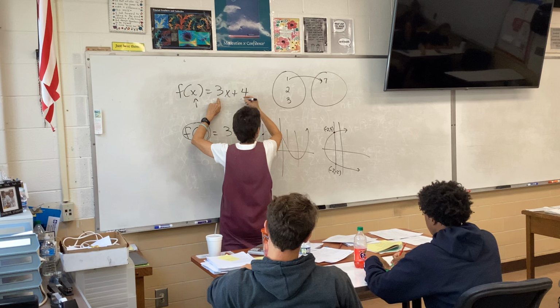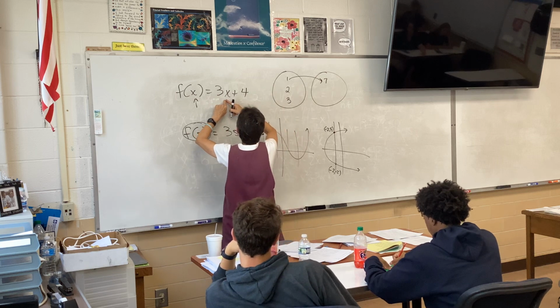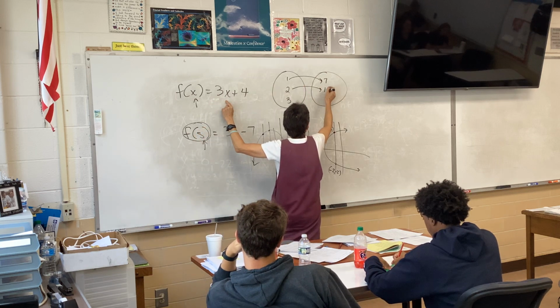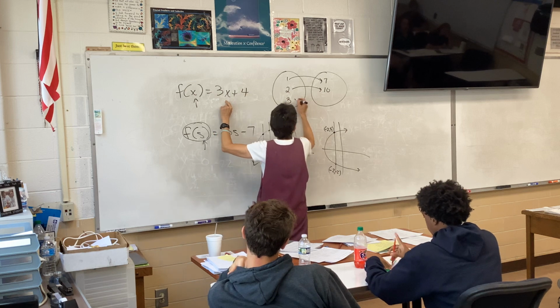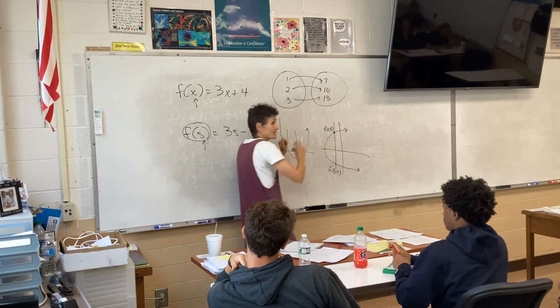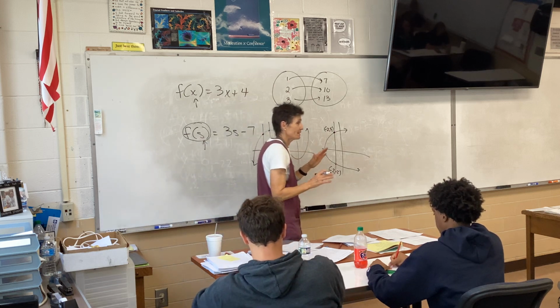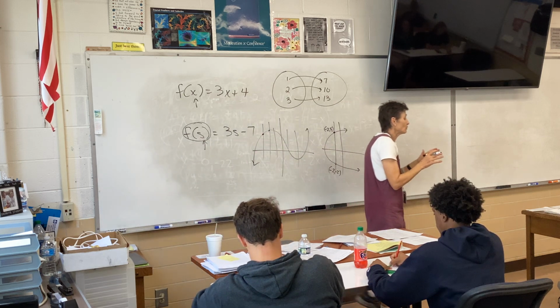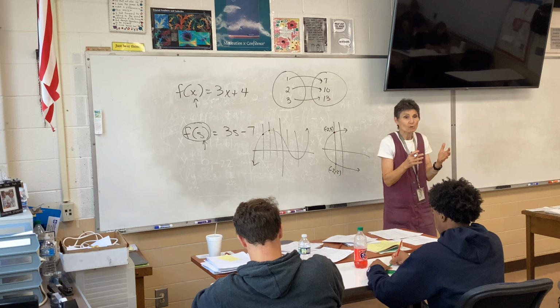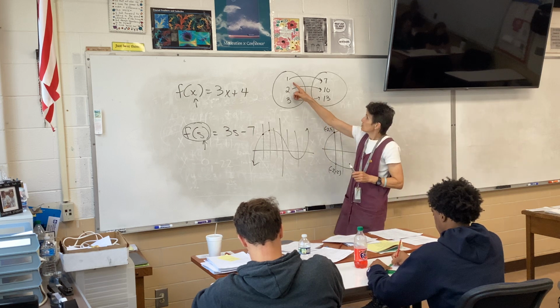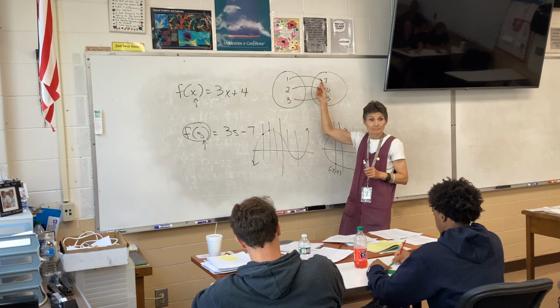So a mapping would just look like this. 2 gives me 10, and 3 gives me 13. That's called a mapping. All a mapping is, it's not a big deal. It's simply a different way of expressing your ordered pairs. This is the ordered pair (1, 7),